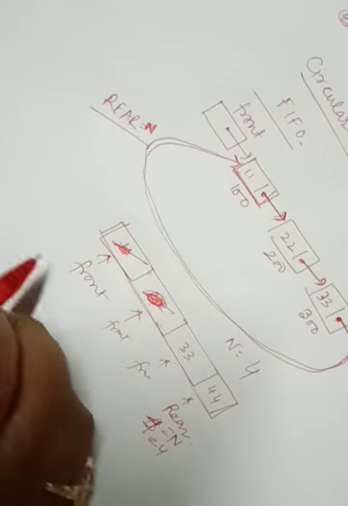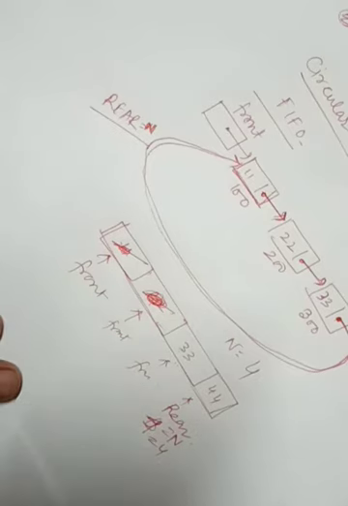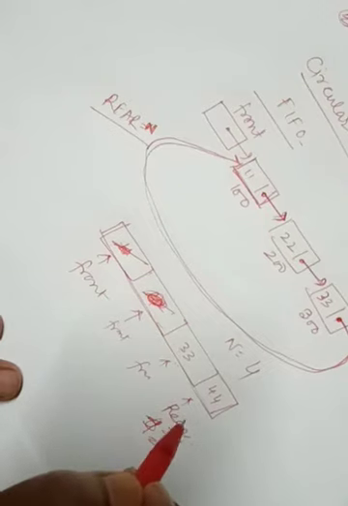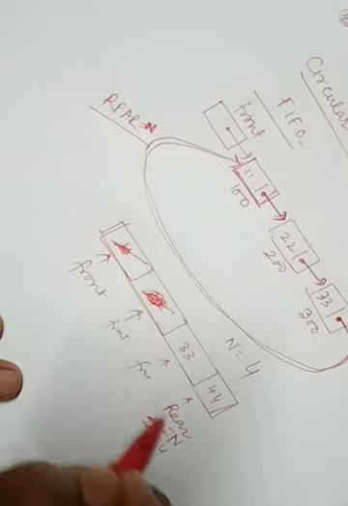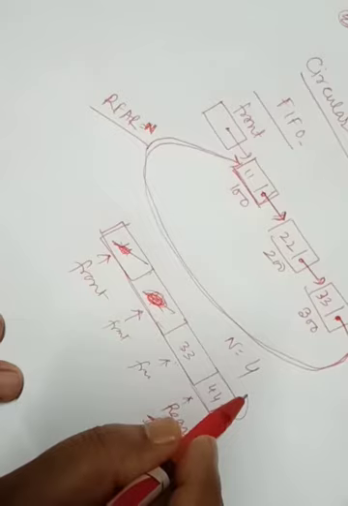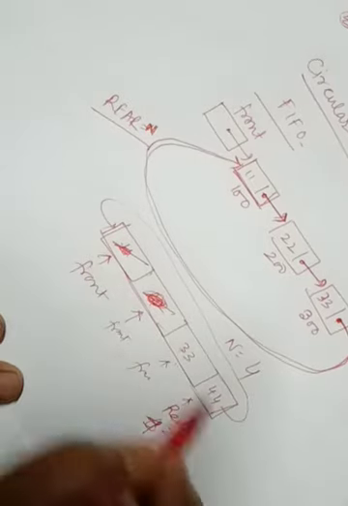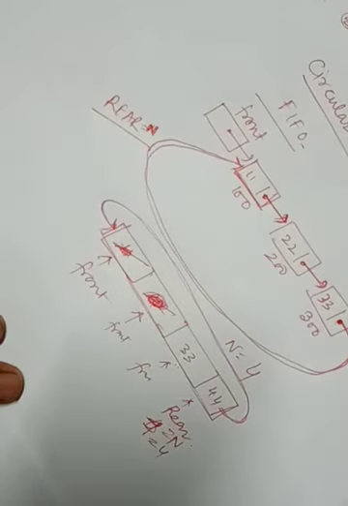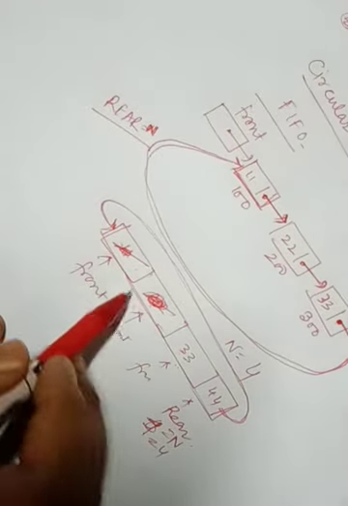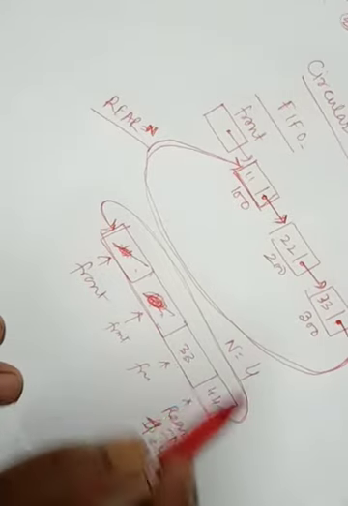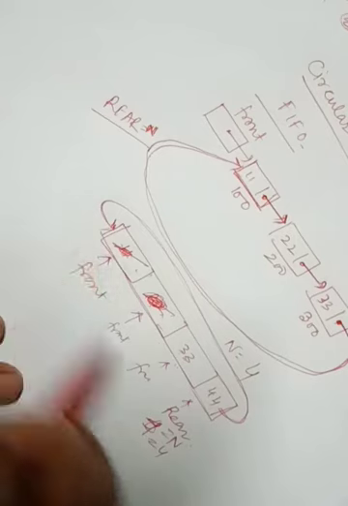But this procedure is very expensive, because we know that insertion and deletion in an array is quite expensive compared to a linked list. So another procedure is that we can assume that the array is circular, where the first position comes after the nth position, the first position comes after the fourth position. In this way we can represent the array. So first, second, third, fourth, and then fifth, sixth, seventh, eighth, like this you can rotate the array.